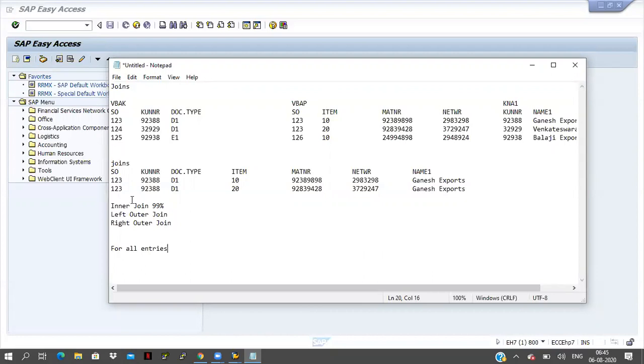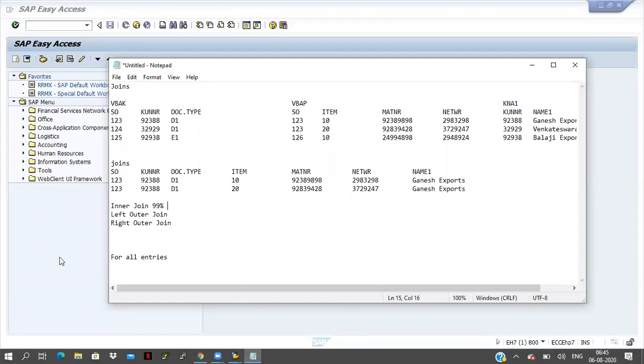If you are not working on the joins concept, then parallel entries is there. Nowadays we mostly use parallel entries instead of joins. We will discuss that later, but as of now we discuss joins only. In joins, there are inner join, left outer join, right outer join, like that. Inner join means it will take the common record in each and every table.